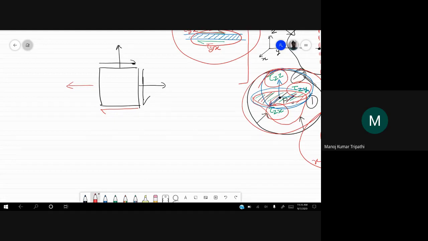What if I drew shear stresses like this? What is the problem with this diagram? Let's say my sign convention was like this. Can it happen at a single point? So I'm talking about a single point here. I'm just showing it like a square element. I'm assuming that this is an infinitesimally small element. What is the problem with this diagram?